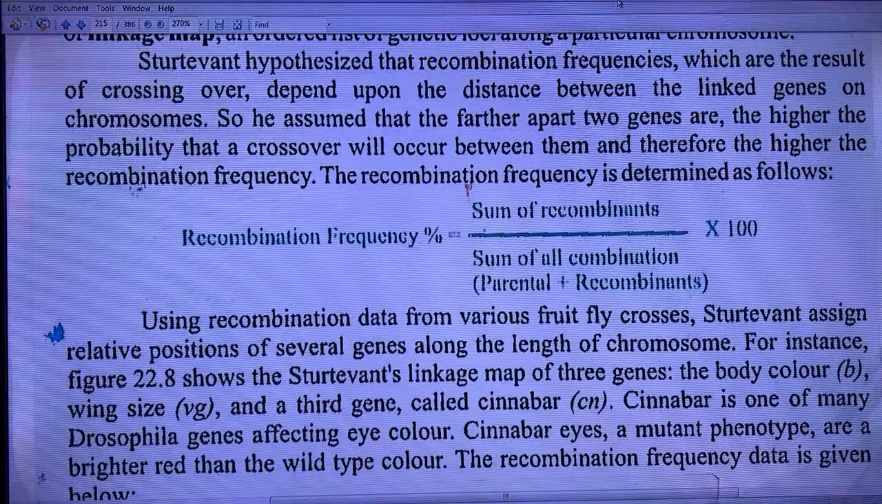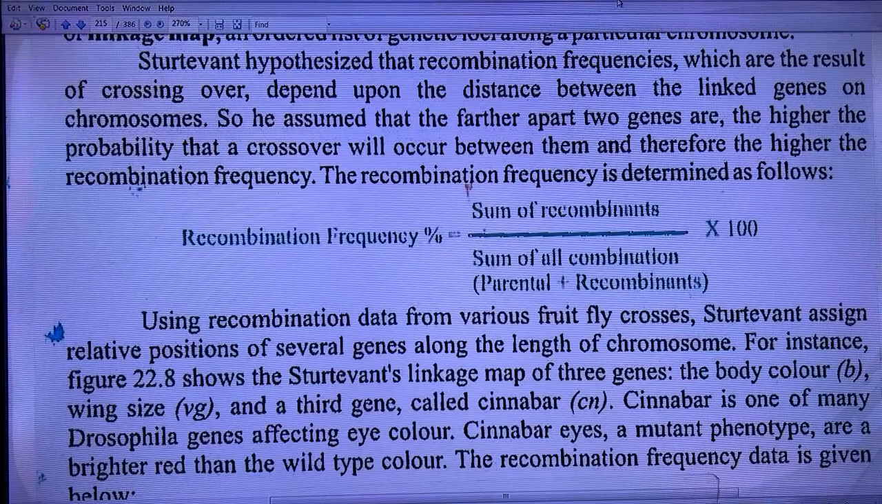Sturtevant hypothesized that recombination frequencies, which are the result of crossing over, depend on the distance between the linked genes on chromosomes. So, he assumed that the farther two genes are, the higher the probability that crossover will occur between them, and therefore the higher the recombination frequency. The recombination frequency is determined as follows: